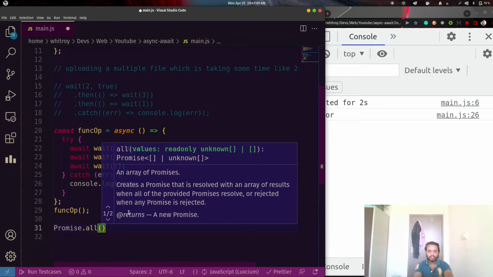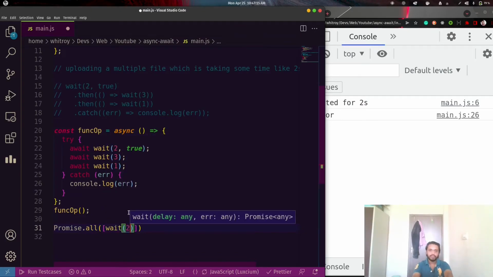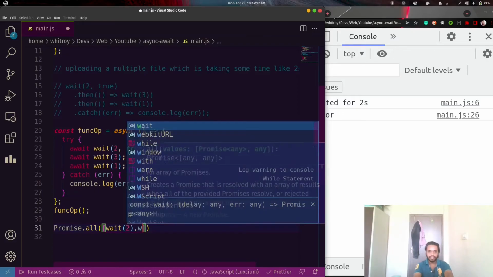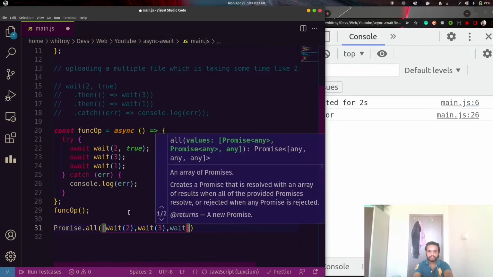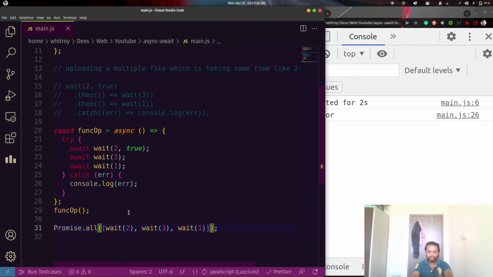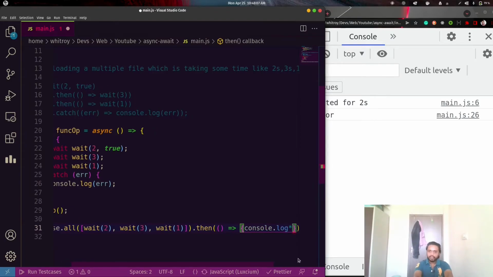Here we are going to pass an array of promises, and when all these promises get fulfilled, this calls the handler saying all the promises are settled.